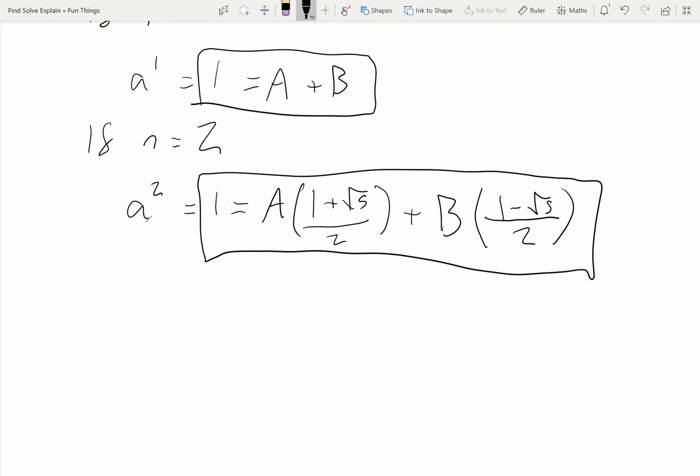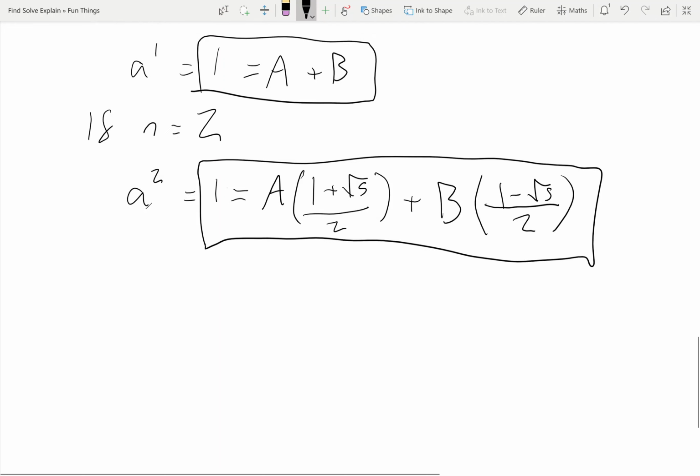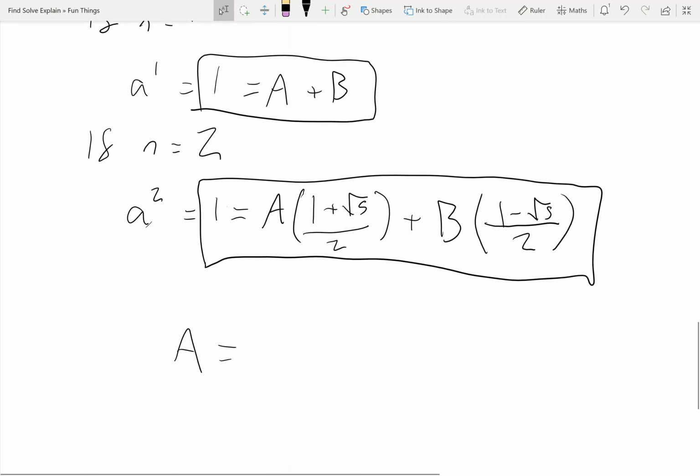And therefore, we're able to solve for A and B. And this actually gives us that A is equal to, so if you times this entire equation by 1 minus root 5 over 2, then you're able to cancel out the Bs, and you get